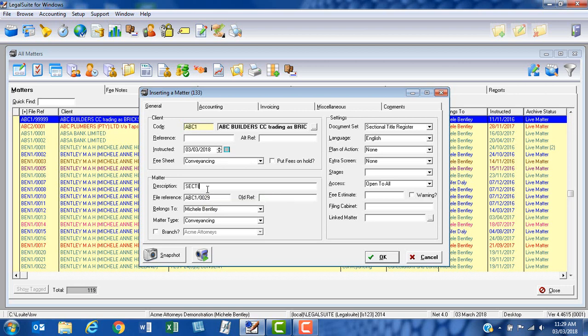So let's call it sectional title register, and the name of my scheme is going to be Green Gardens. Now everything else is filled in for you. Just fix that. So all you really have to do now is click on the OK button, and the program